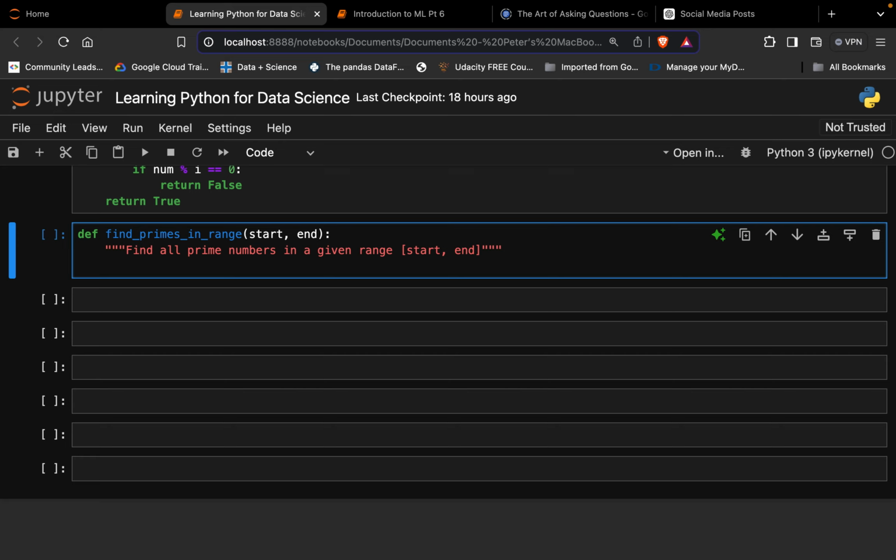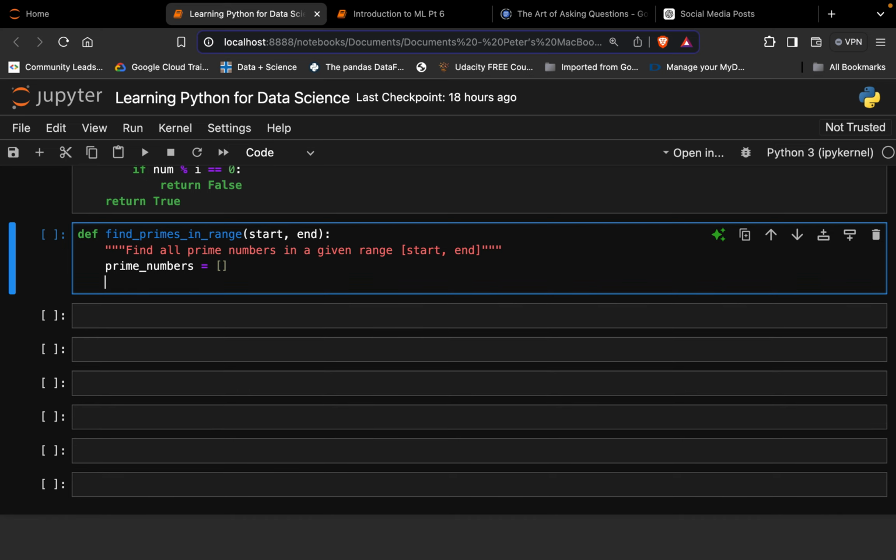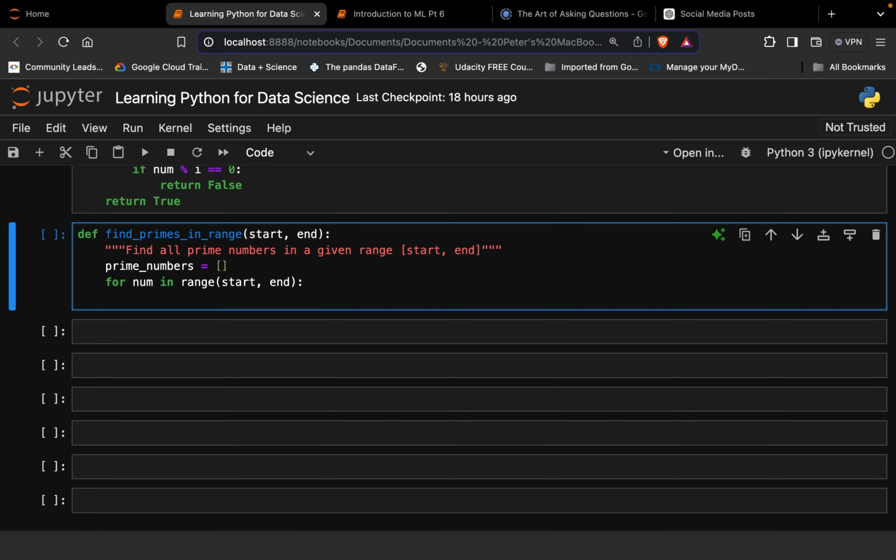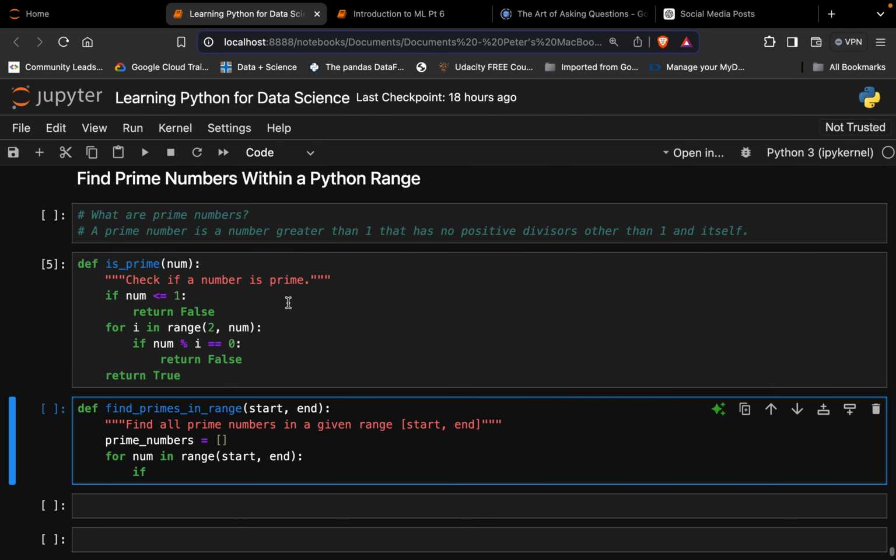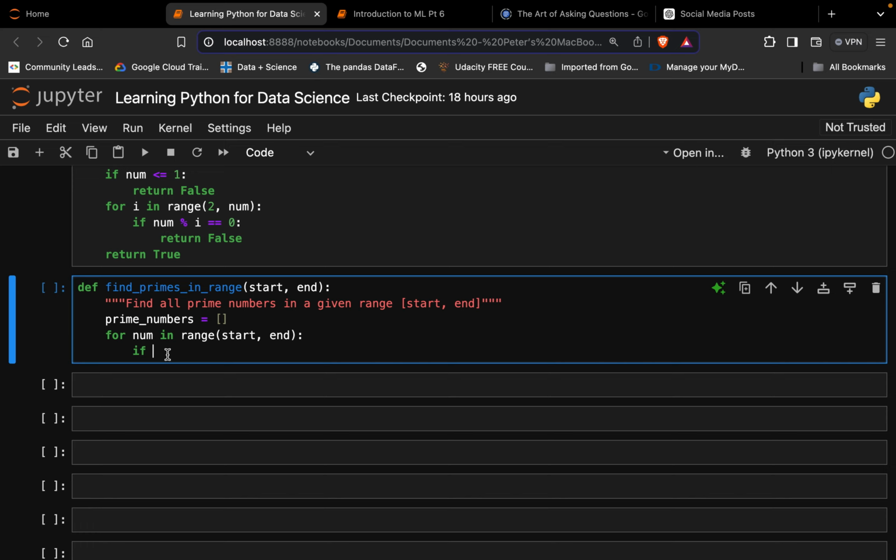Now, the first thing I'm going to do is write prime_numbers, and in here I'm going to initialize an empty list. Next, I'm going to say for num in range. So this is our range, right? And then it's going to have start and end. For that, we're going to ask this. Now, remember what we did here, if is_prime,